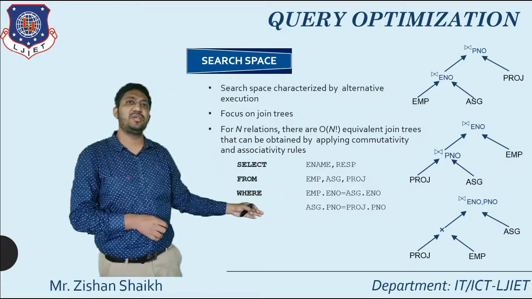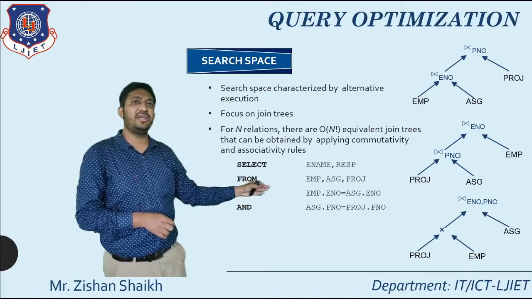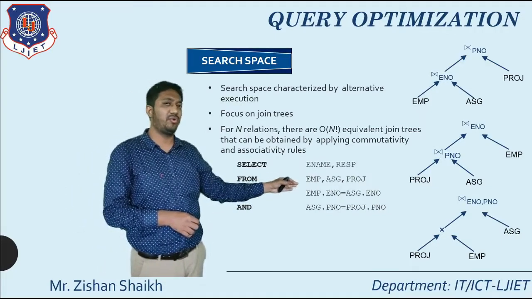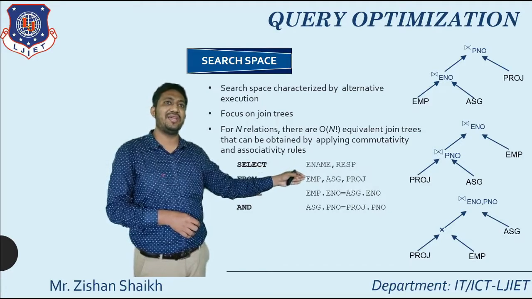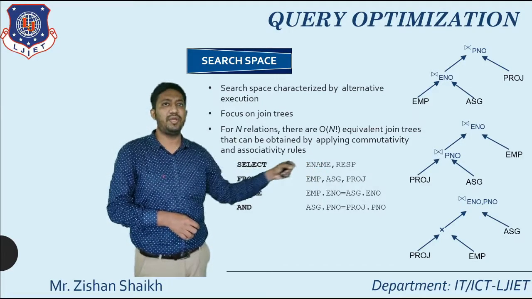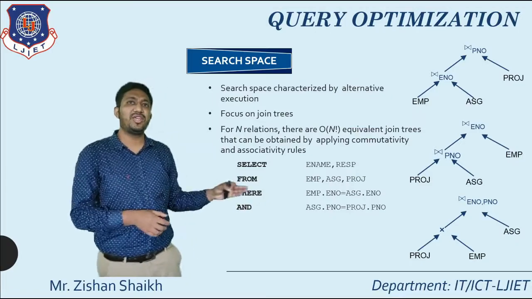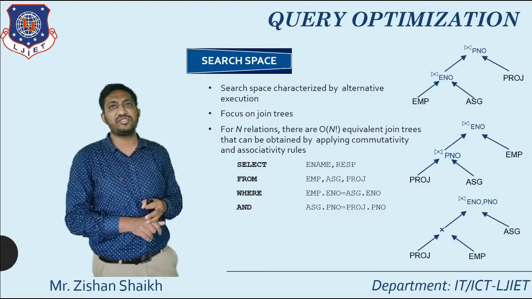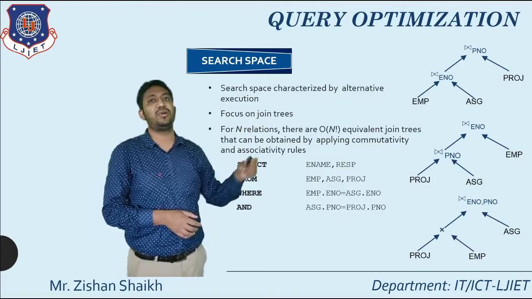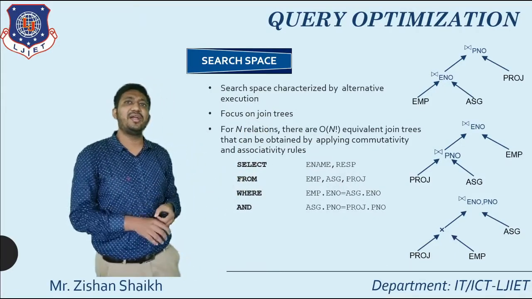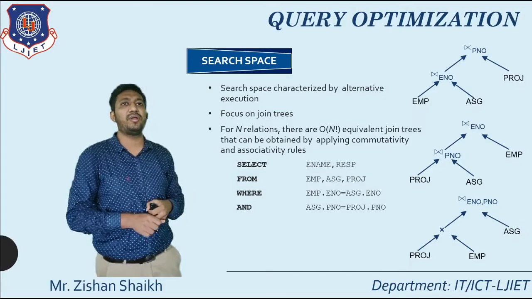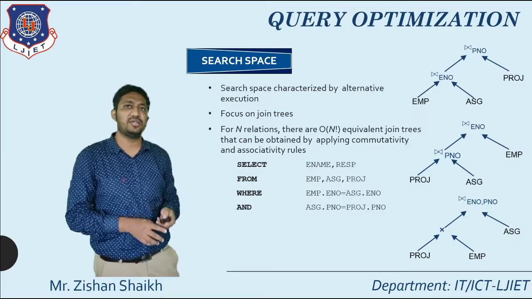The third alternative is all about project and EMP table will produce one Cartesian product, and that Cartesian product will be multiplied with our ASC and generate E number and P number. So for the given query, a particular query processor may generate this type of number of alternatives. Here only 3 possibilities are given. In real time, as per the query requirement, any number of alternatives can be generated.